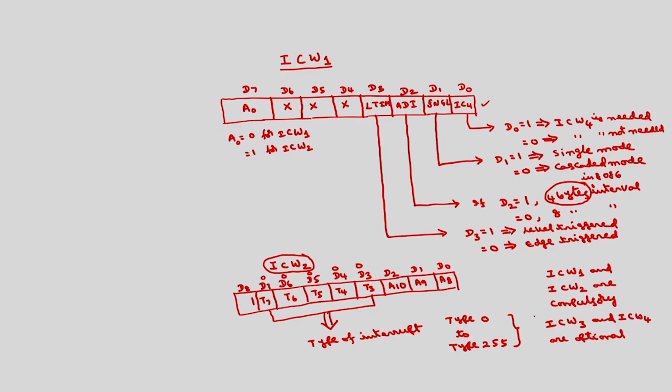So, before going to discuss this ICW3, which is required in cascading mode only, I will discuss how the cascading of 8259s will be performed. So, I will first discuss the cascading of 8259s and then I will go to ICW3. Here in this case one master has to be present. If I call this one a master